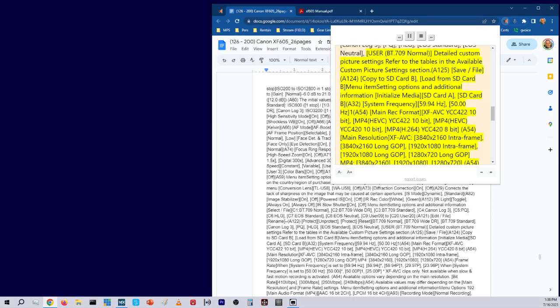User, BT.709 normal. For detailed custom picture settings, refer to the tables in the available custom picture settings section. A125, save/file, A124, copy to SD card B, load from SD card B. Menu item setting options and additional information: initialize media, SD card A, SD card B, A32,